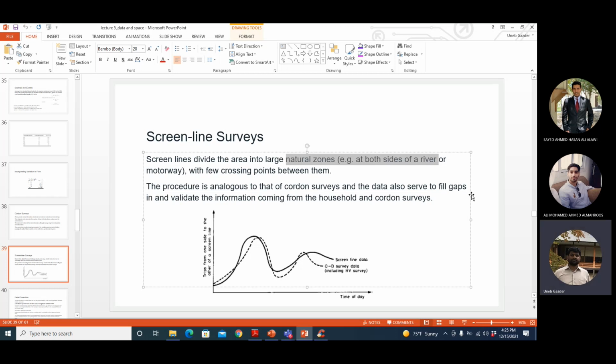Okay, because we are just stopping, as I mentioned before, a sample of vehicles. So if there's any mistake in your data collection, this additional data will help you detect that mistake.